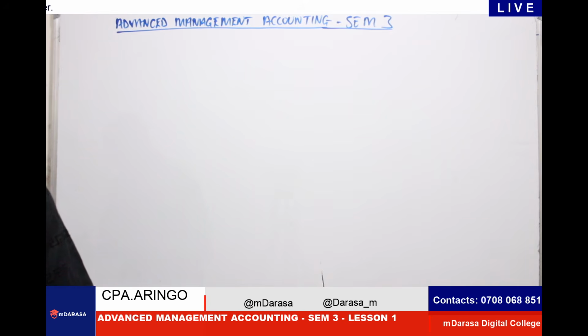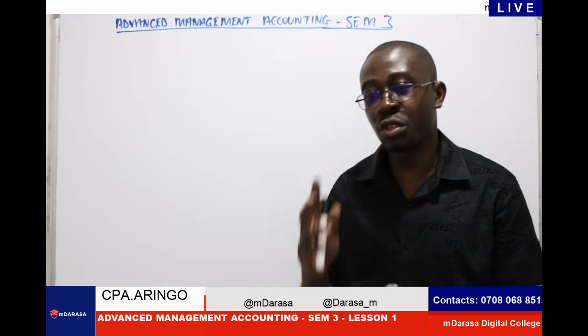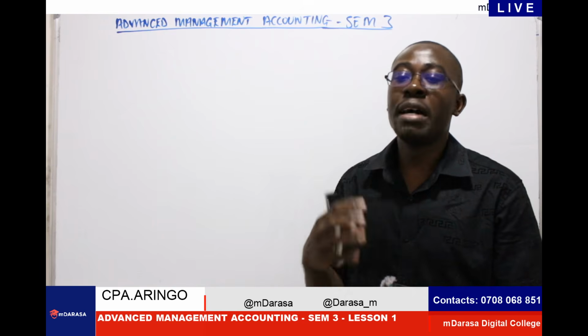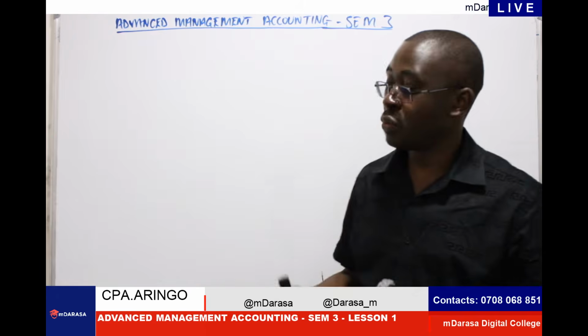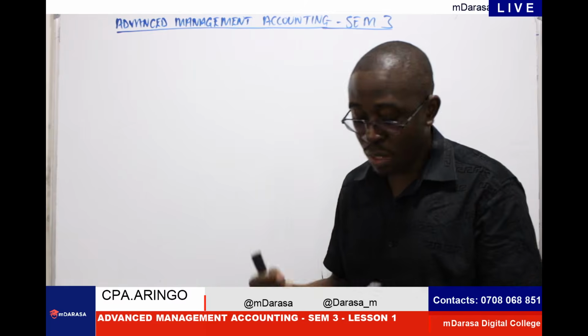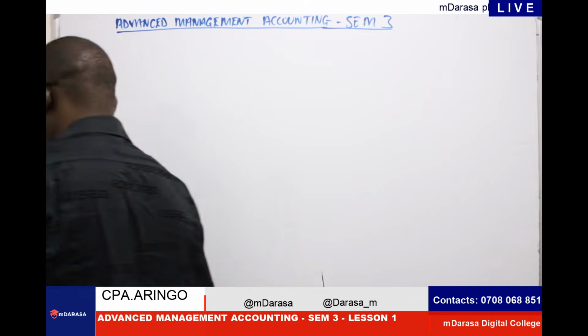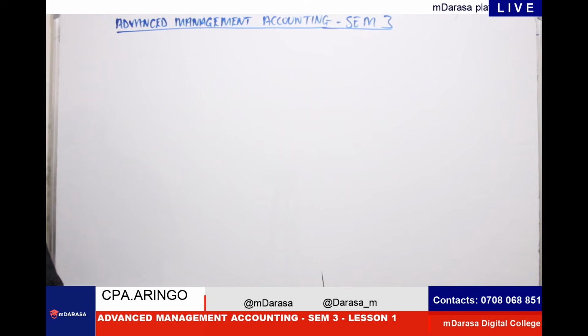So you'll find that in advanced management accounting, we're looking at only 8 topics. They might seem to be very few topics, but you'll find that by their nature, they are wide. So it will be important that we look at it keenly and make sure that each and every step we have it right. So what will you be expected to cover when you're looking at advanced management accounting?